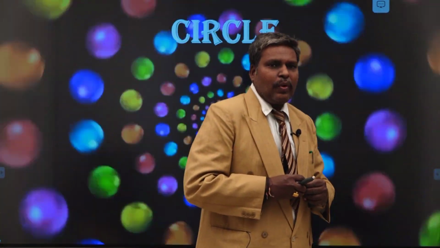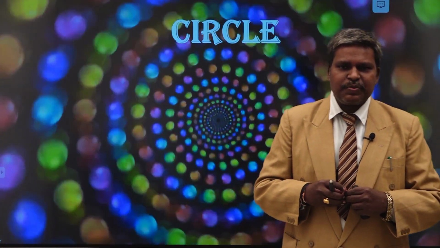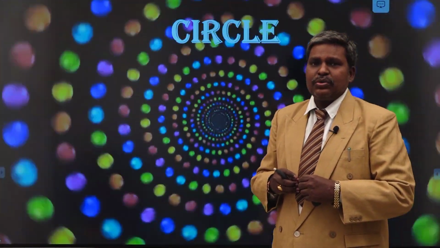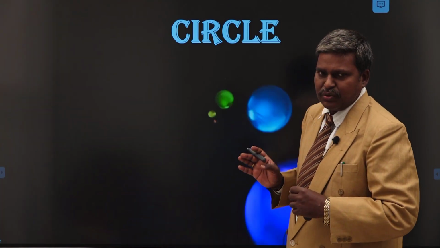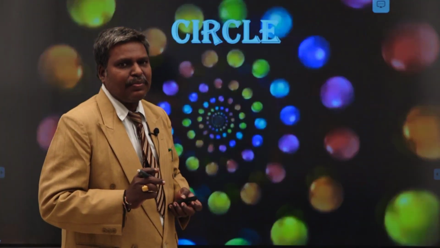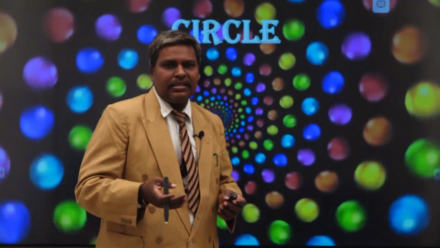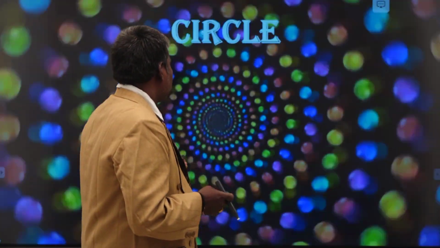There is a particular tangent, that is S1 equal to 0. The general tangent we also discussed. What is that? y plus f equals m into x plus g plus or minus r into root of 1 plus m square. So, depending upon the situation, we have to use all these formulae related to these problems. Let us see some of the problems related to the tangents and normals to the circle.